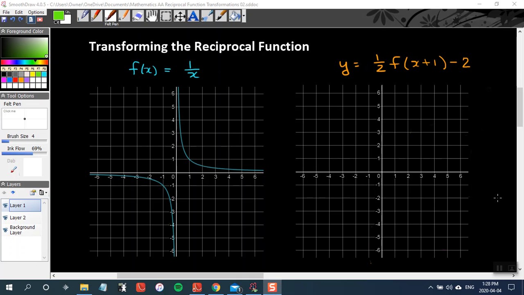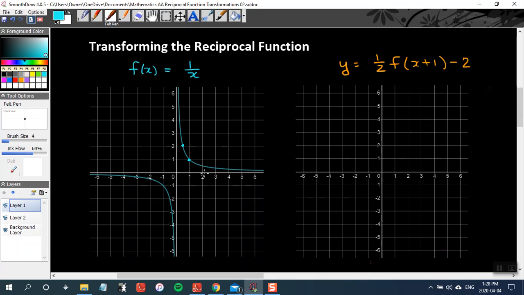Okay, one more example transforming our basic reciprocal function where we kind of put it all together. Where we have a translation, two translations. We're going to have to move our basic reciprocal function 1 unit to the left and 2 units down after, of course, we stretch it vertically by a factor of 1/2. So let's go ahead and look at our